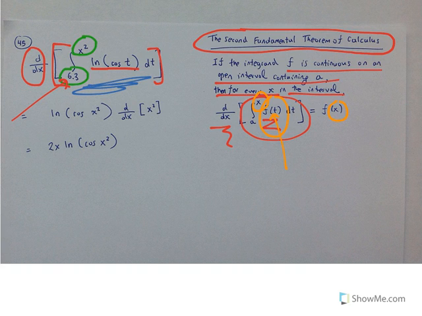The only thing that we have to be careful about for number 45 is that our upper limit of integration is not just x, but it is a function of x. So the function that we have for number 45 is a composition of two functions where the inside function is x squared. So to find the correct derivative for number 45, not only do you have to use the second fundamental theorem of calculus, but you also have to use the chain rule and multiply by the derivative of the